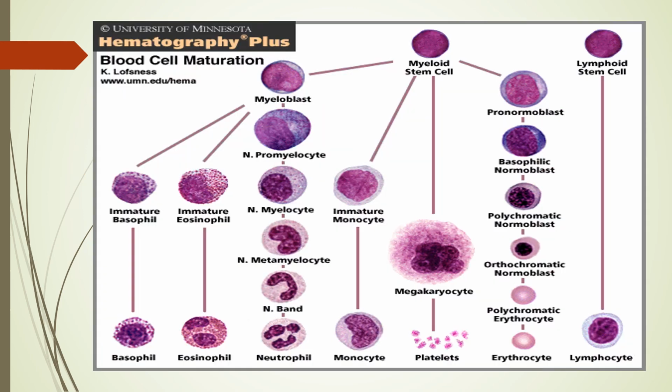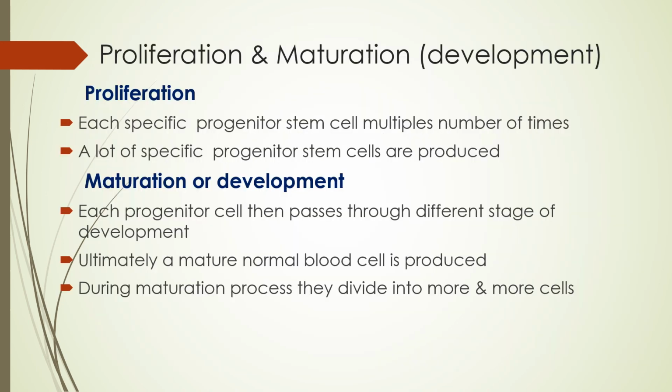Again, on the same photomicrograph, we have the myeloid progenitor stem cell and the lymphoid progenitor stem cell, and as I have told you, they develop into different cells. So they are the progenitor cells and they differentiate. A pluripotent cell has differentiated into myeloid stem cell and lymphoid stem cell, and the myeloid and the lymphoid stem cells then mature into specific lines, different lines, depending upon the need of the body.